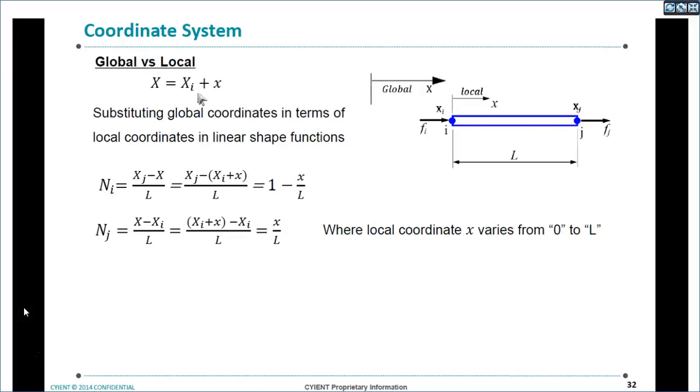The relation between these two is x = xi + x-bar, where xi is the distance between global and local, that is, the location of the node i coordinate. Then when you try to put it into a shape function, you